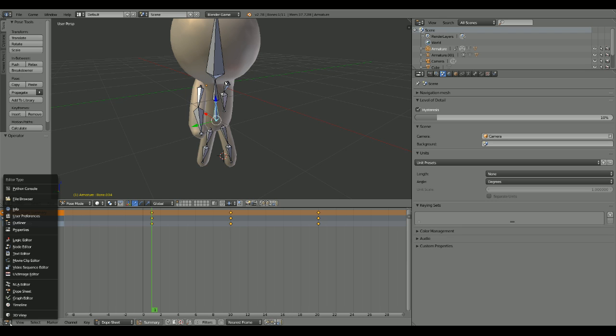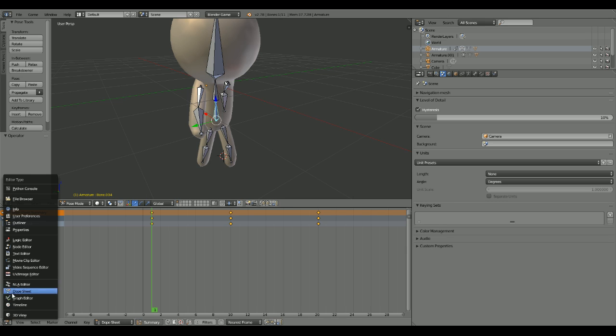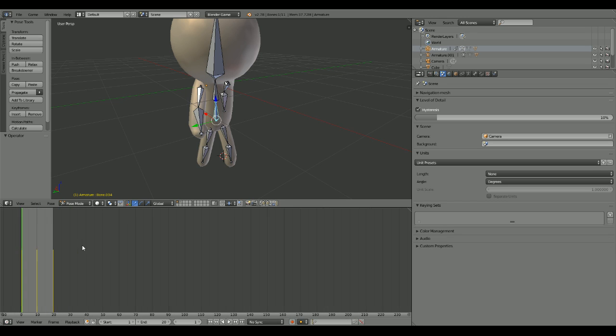Action editor. I don't know. I know there's a way to do it though. See, there's this thing. How do I add another one? It might be in the, where's the little clock thing? Where, timeline? It might be in the timeline here. So if I go,